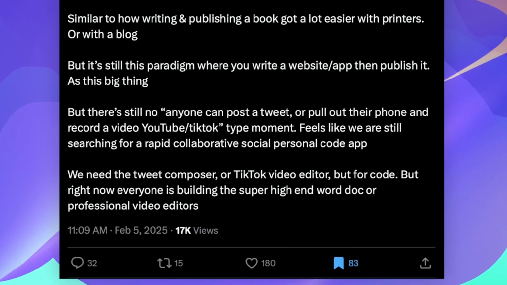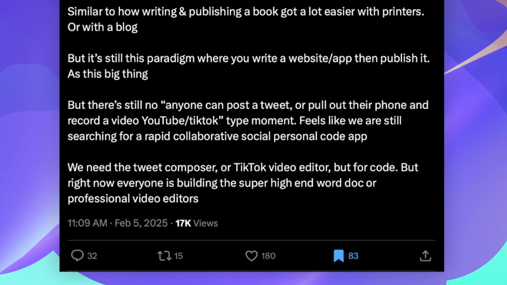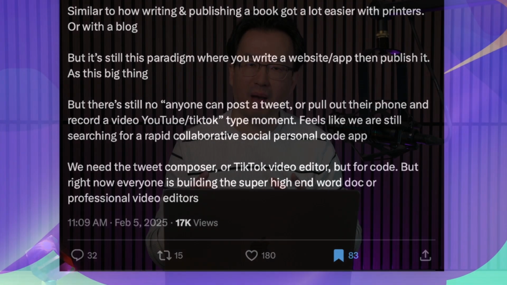Is there a way to kind of do a TikTok, where when TikTok came in, they came up with CapCut, which is a video editing tool that generates all the video that you see, and people have a lot of fun with it, but it certainly doesn't look like the really serious professional video editing tool. Could software development tools for generative software, for vibe coding, evolve in that direction? And what would that look like? How do we move beyond this super high-end and still very complex dev environment with AI on top into something